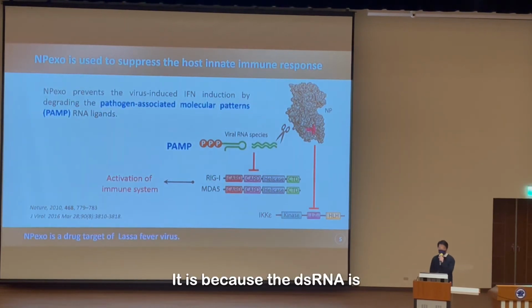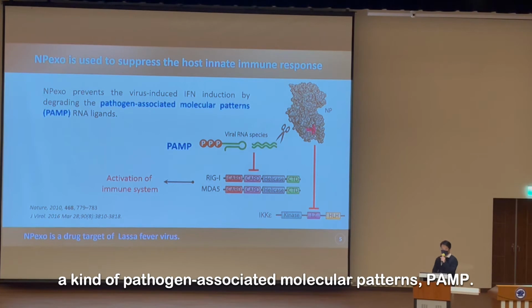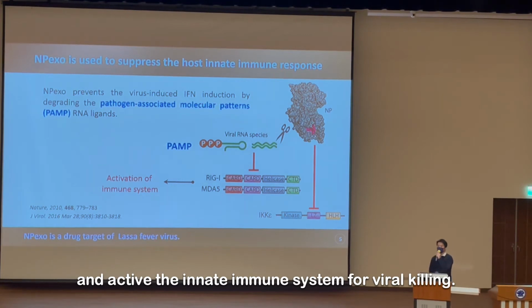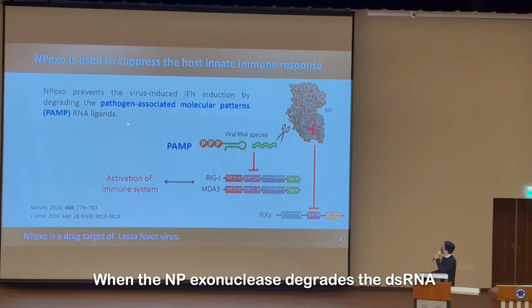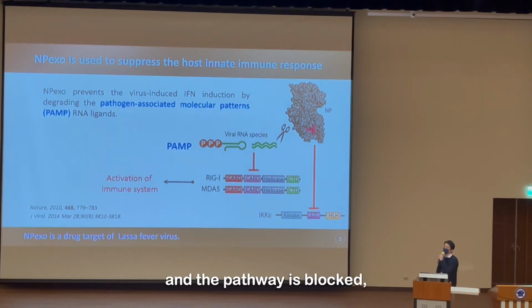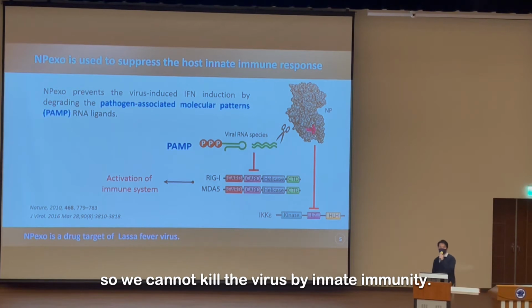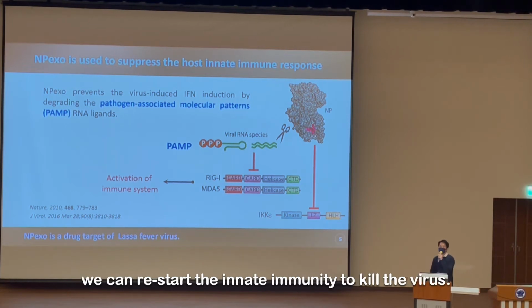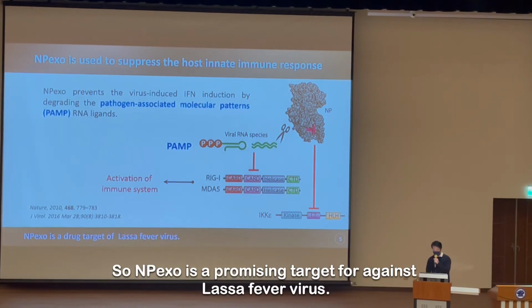It is because double-strand RNA is a kind of pathogen-associated molecular pattern, PAMP. The PAMP can be detected by our cytosolic nucleic acid sensors and activate the innate immune system for viral killing. When the NPexo nuclease degrades the double-strand RNA, the pathway is blocked, so we cannot kill the virus by innate immunity. If we can develop an inhibitor of NPexo, we can restart the innate immunity to kill the virus. So NPexo is a promising drug target